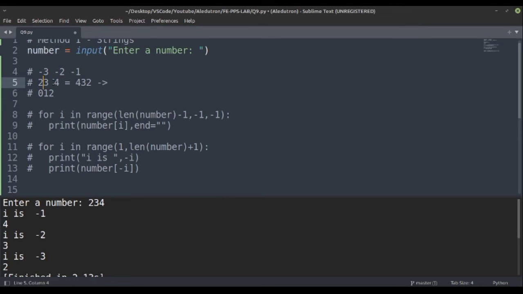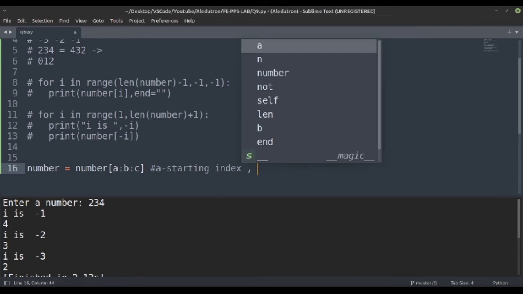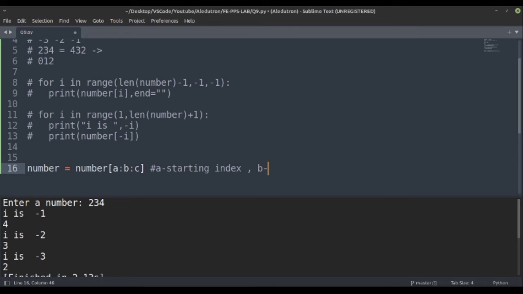So we can slice using Python. Slicing is a feature of Python in which we can cut out the list. Similarly, first number is the starting index from where we will start. B, the second parameter is the ending index. So where we have to stop. And third is the step value. Means how much step we have to take. This is also explained in the range. Range also works similarly. The first value is the starting index, second is the ending index, and third is the step.